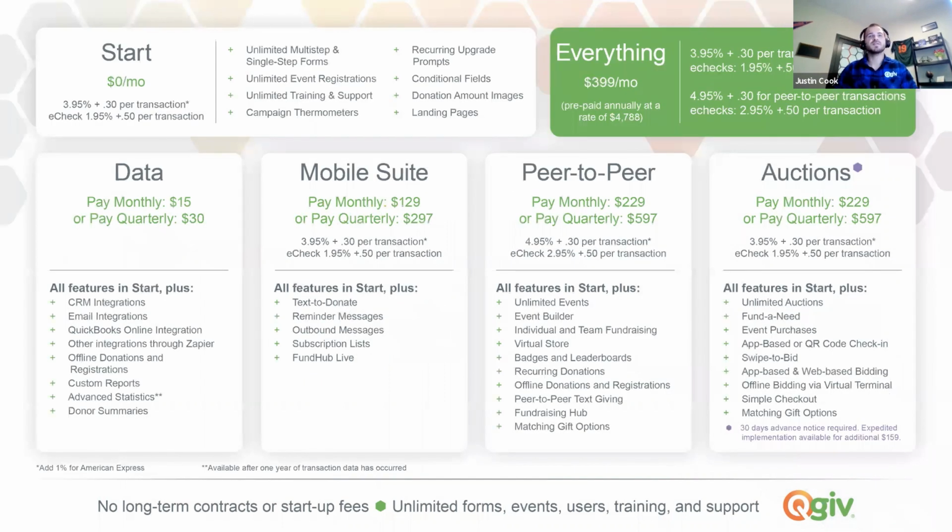We also have all of these other great packages. So our start package includes our online donation forms and our event registration forms. We also have our data package. So our data package includes our